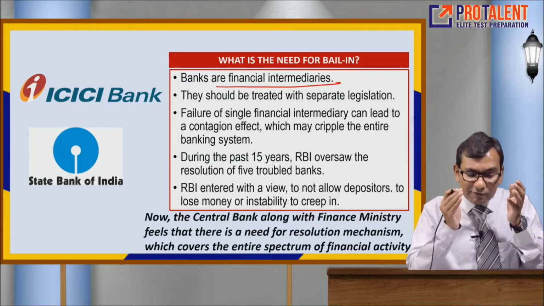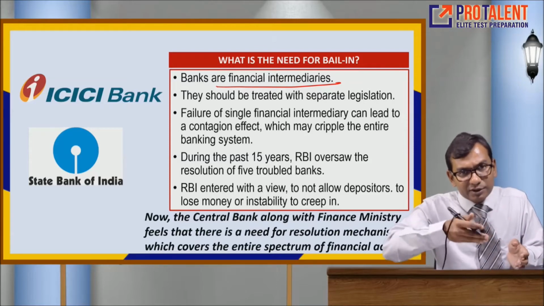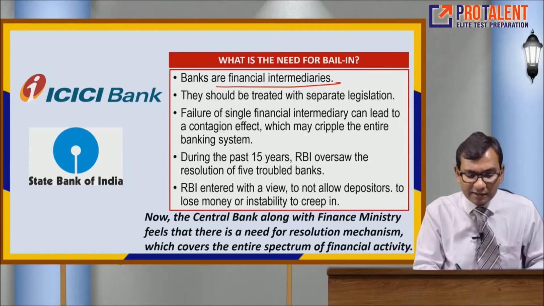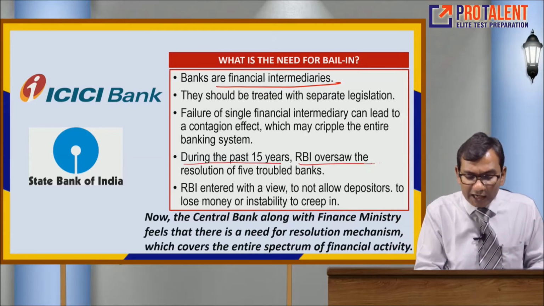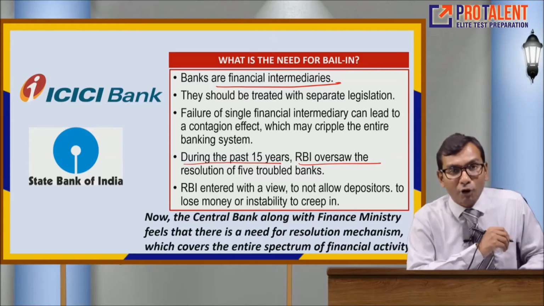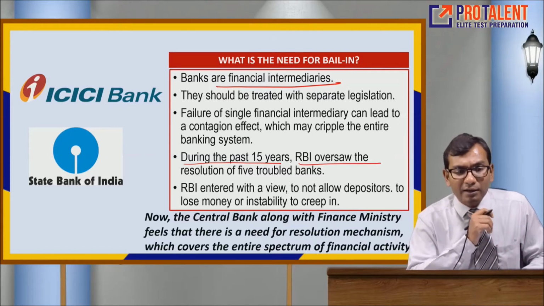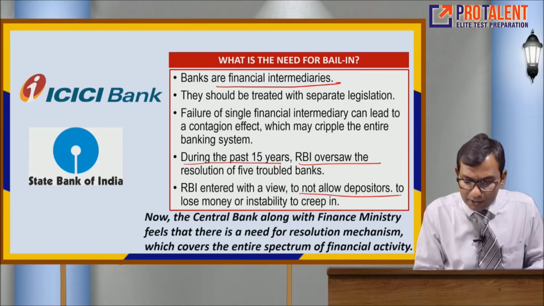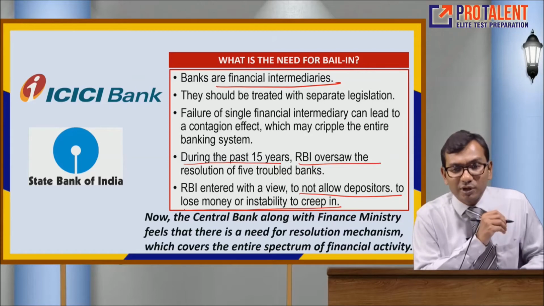there is, you can say, a domino effect, so many other banks may be connected with that. So during the past 15 years, RBI oversaw the resolution of 5 troubled banks, and RBI entered with a view not to allow depositors to lose their money or instability to creep in, and therefore